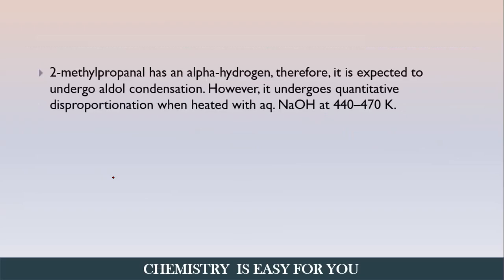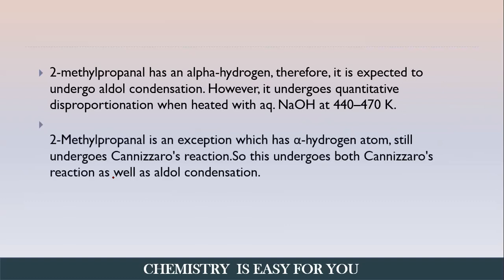So next, 2-methyl propanal has an alpha hydrogen, so it is expected to undergo aldol condensation, but it undergoes disproportionation when heated with aqueous NaOH at 440 to 470 Kelvin. So we know that 2-methyl propanal, since it has an alpha hydrogen, is expected to undergo aldol condensation, but it does not, and instead undergoes disproportionation. Similarly,